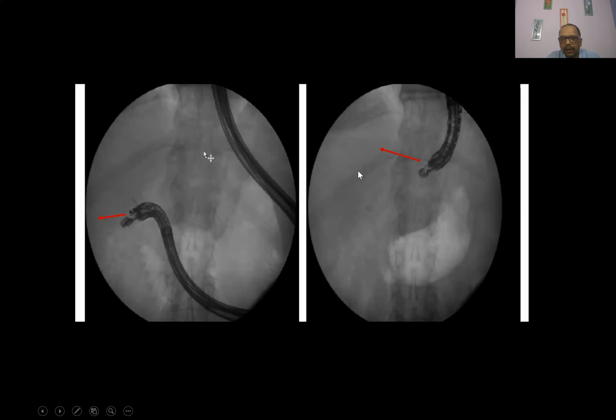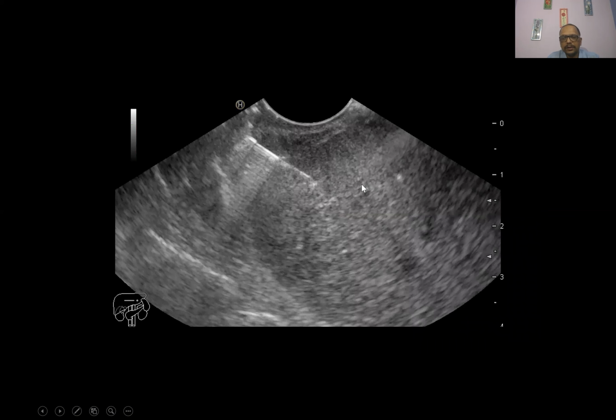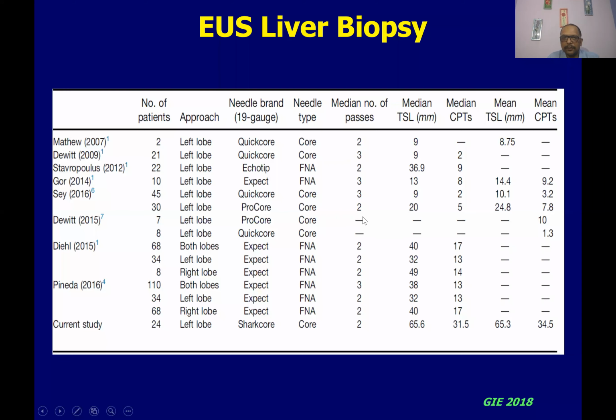The same thing clarified on fluoroscopy. For the left lobe, we are just at the GE junction sampling the segment 3 of the liver, and this is the duodenum. The scope is in the long position, and the echo endoscope is facing towards the undersurface of the liver, and you are sampling the segment 5 of the liver. Now, once you have chosen your target area, use Doppler to identify an avascular plane, and then you puncture it with a 19 gauge biopsy needle to obtain the histological core for assessing the liver biopsy.